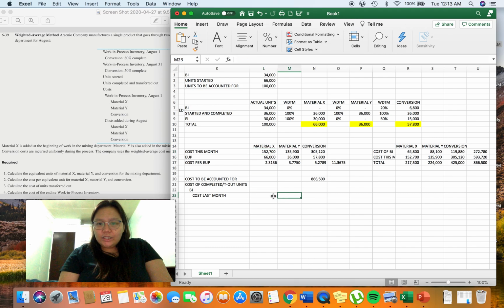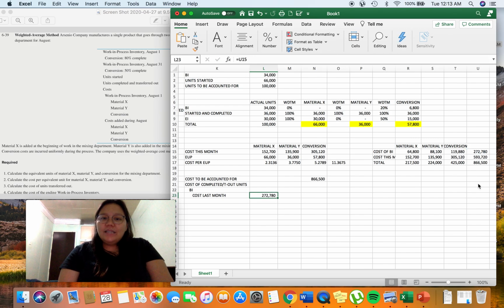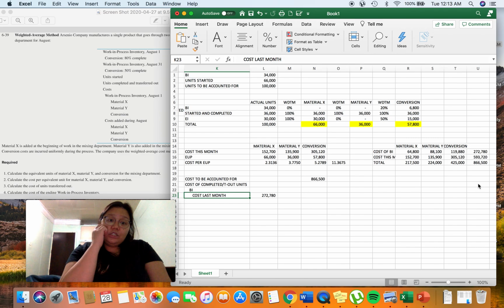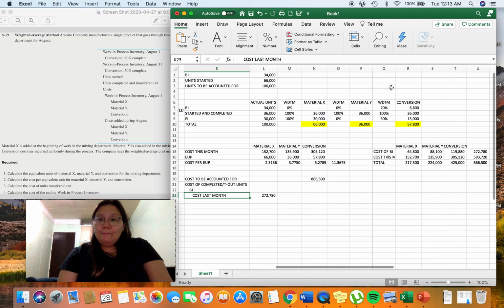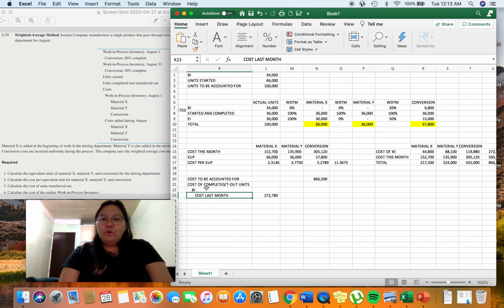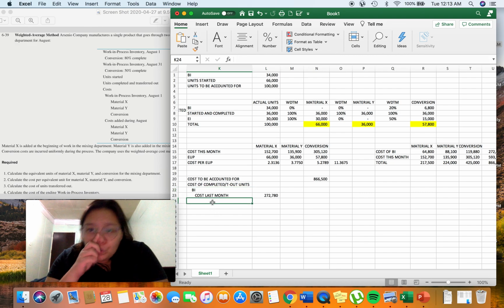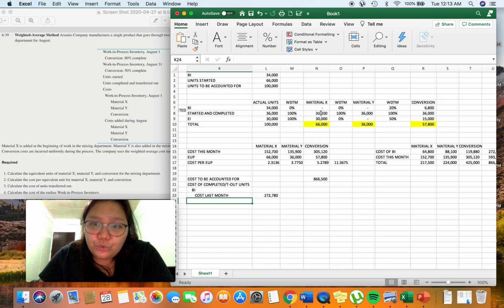Kasi nga, ang intention natin dyan is that kung magkano yung cost last month, which is equal to 272,780, i-assign mo lang lahat siya dun sa beginning inventory units mo. Very specific ka talaga. Okay? So, again, ano nangyari? Una mong gagawin, cost of completed or transferred out units, si beginning inventory muna. And then, the total cost of the beginning inventory will include the cost that we have incurred on these units last month. Okay? Now, tapos, syempre, we have also worked on the beginning inventory units din naman, di ba, this